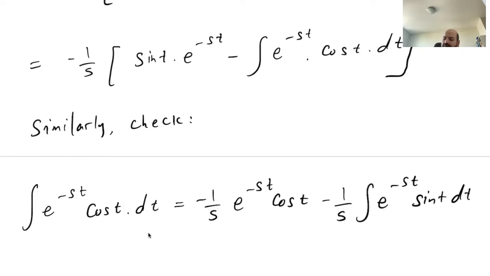So we can do a similar calculation to what we did for integral e to power minus st sine t dt. You can do it for integral e to power minus st cos t dt, and you can show that it can be written in this form. Now, if we substitute this back,